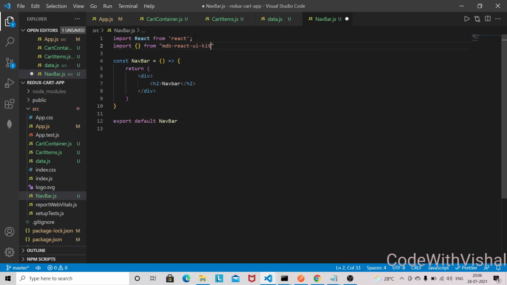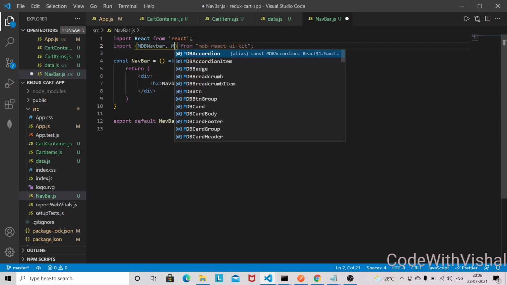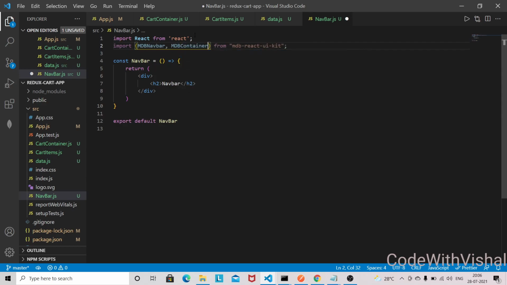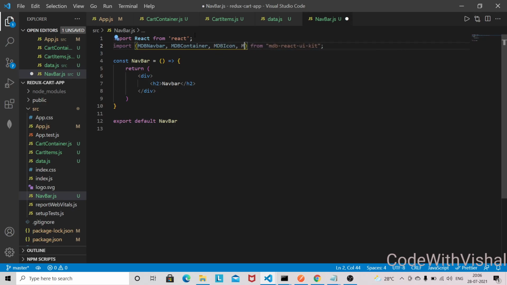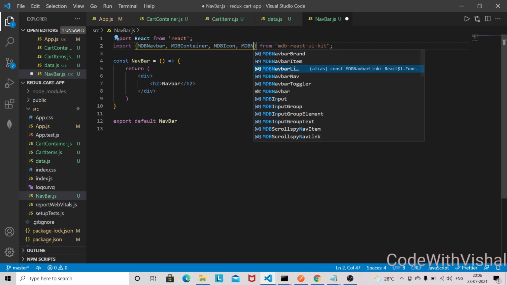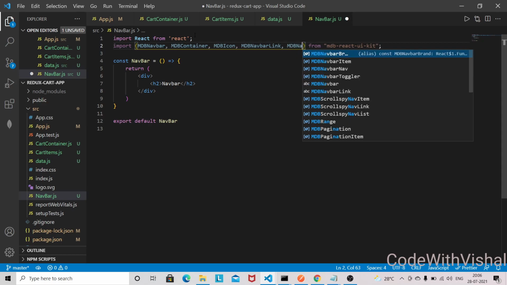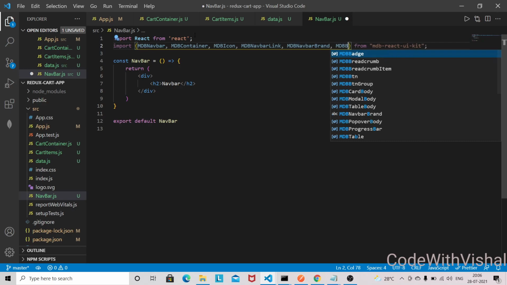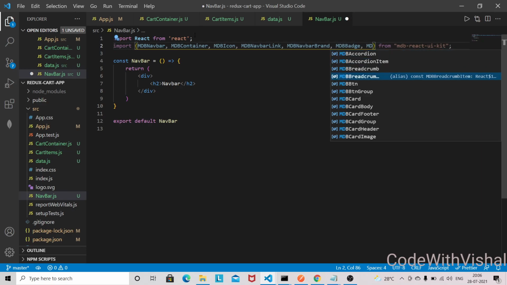So mdb-react-ui-kit, and we need MDBNavbar, MDBContainer, MDBIcon, MDBNavbarLink, MDBNavbarBrand, MDBBadge also we need here, and one button also we need here.